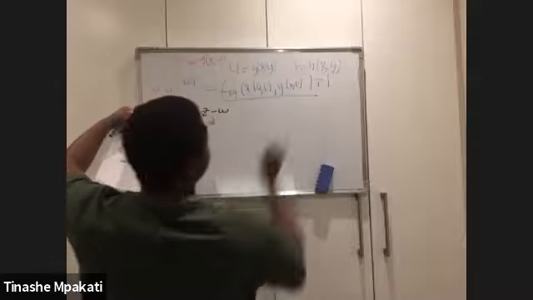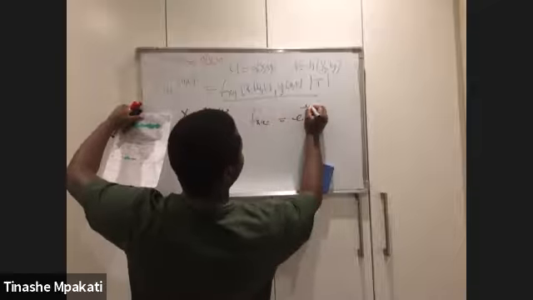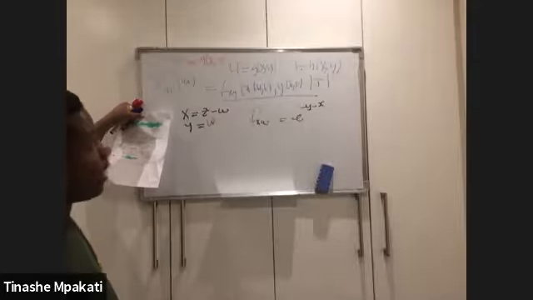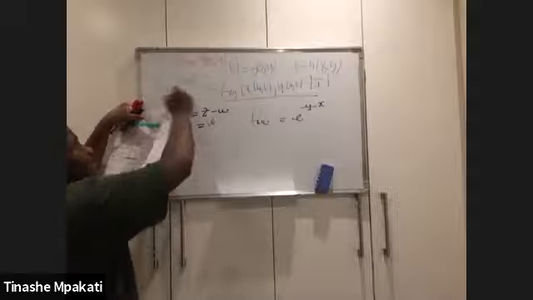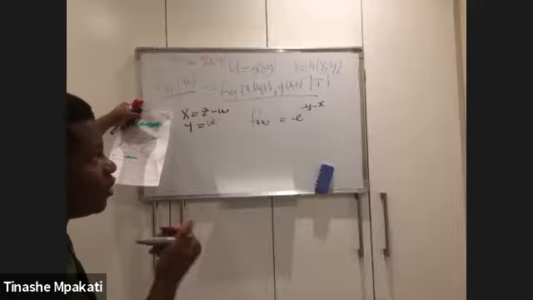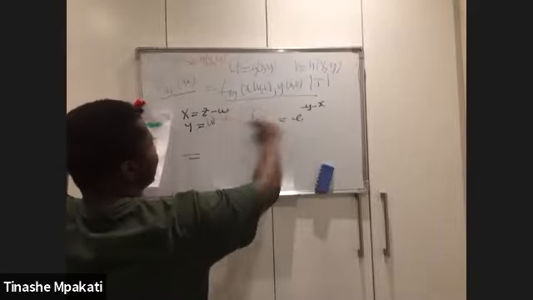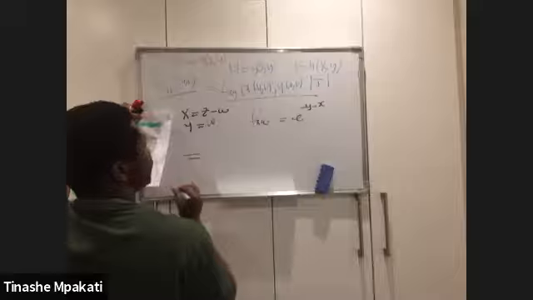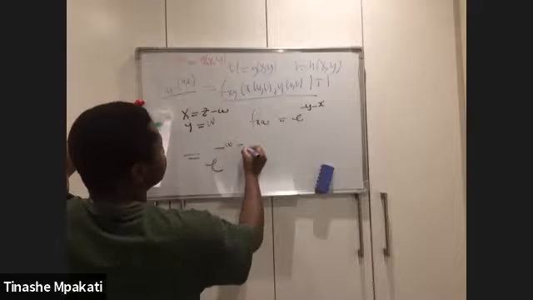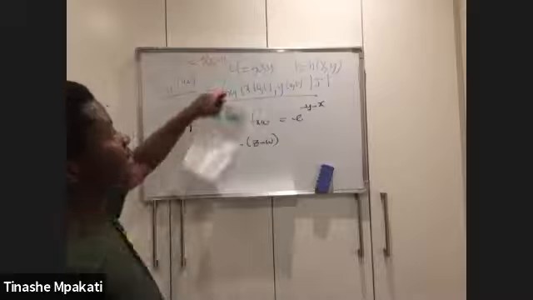What this statement is saying is that if maybe your joint PDF of X and Y was equal to e to the power minus Y minus X, like that, wherever there's a Y, I will no longer be writing Y, because remember again, if I'm trying to find the PDF of my U and V, it means that my function should also just be in terms of U and V, not X. So this formula is saying wherever there's an X, you're going to write this X that you got here now. Wherever there's a Y, you write this. That is, you will have e to the power minus, where there's a Y, I'll write a W, minus, where there's X, I'll have Z minus W, like that, right? So that's what this formula is basically saying.